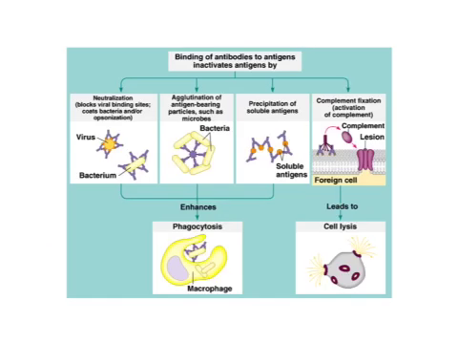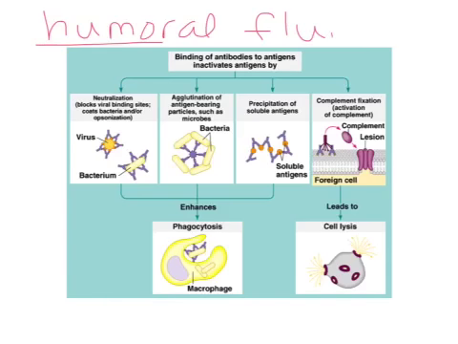Once those antibodies are made and they're out circulating in your body, they're doing the humoral response. Remember, humoral refers to our bodily fluids. So these antibodies are out in our humor, or bodily fluids, doing this response. These are some of the things antibodies can do. They can neutralize the foreign invader. They can coat the epitope so it can't bind with other receptors. Remember, the epitope is where